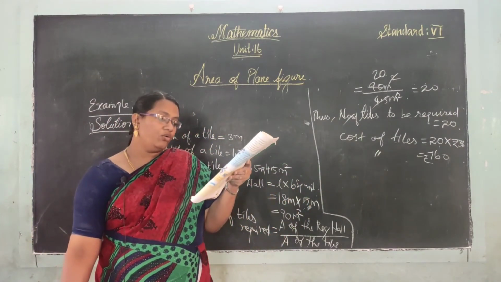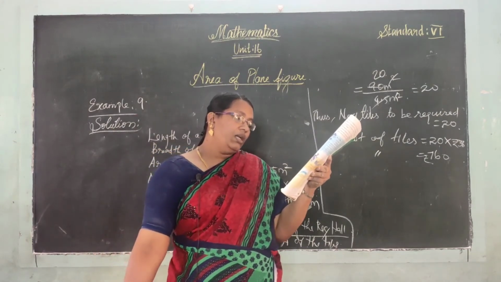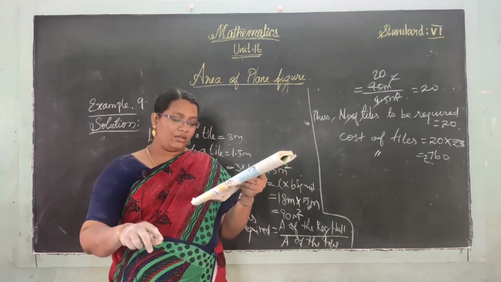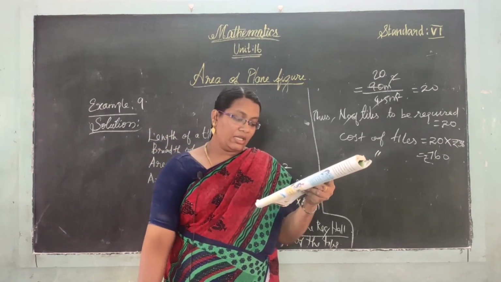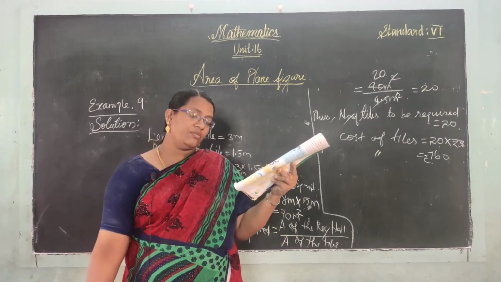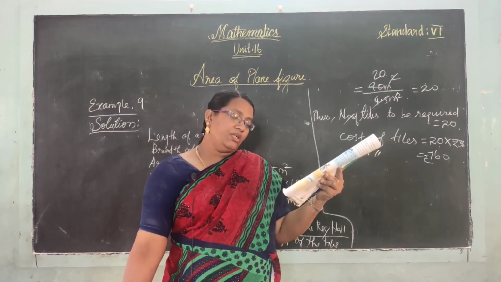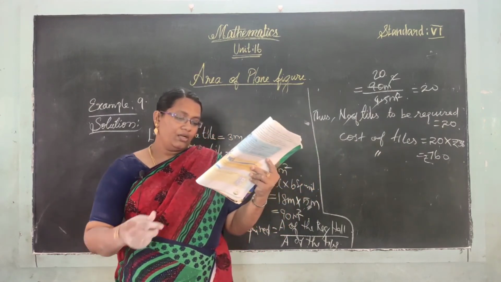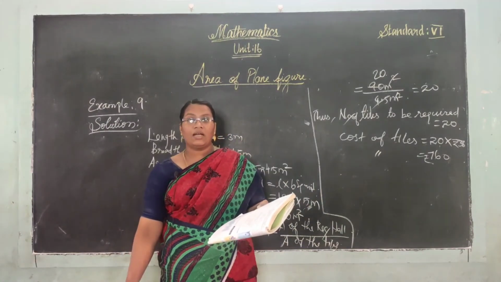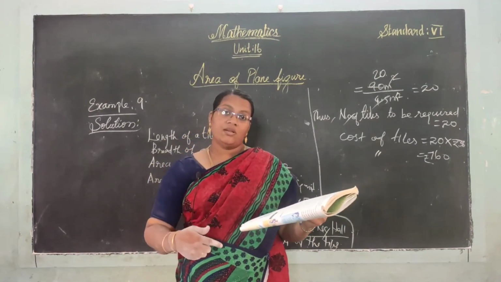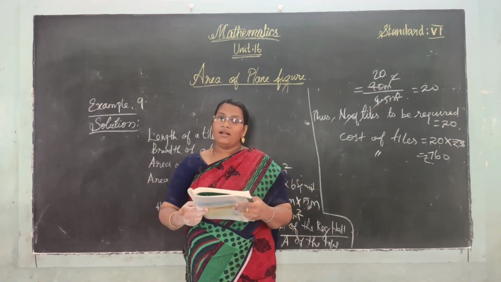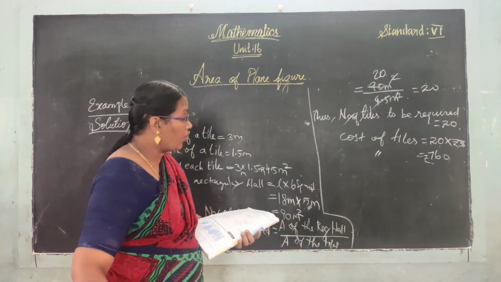Now see the exercise problems. Exercise 16.2. Find the area of the following figure in terms of unit squares. You will try to complete this. Already we have seen one example related to this one. That is homework. Find the cost of leveling the garden with length 42 meter and breadth 35 meter, at the rate of 40 per meter square. First we have to calculate the cost of leveling, so we find the area of the rectangle. The shape is not specified, but length and breadth mean it is a rectangle. We analyze and write. Do the second problem.